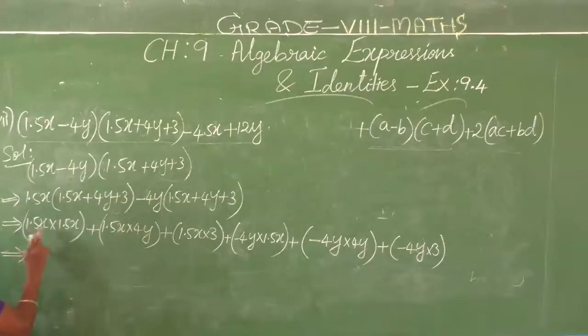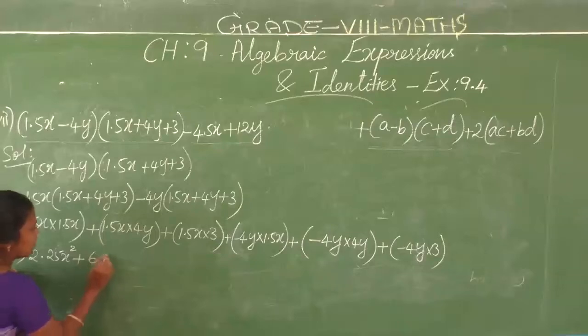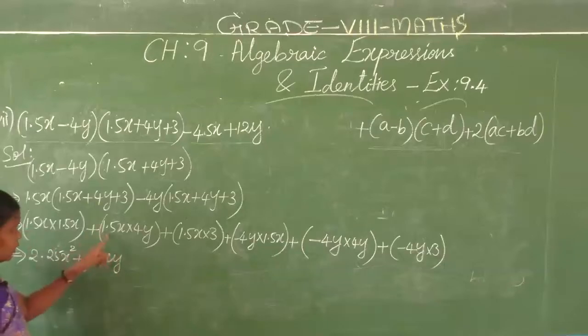Okay? So 1.5 into 1.5, 15 15s are 225. Here one decimal digit, there one decimal digit, so finally what comes? 2.25. We have to move the point two digits in the decimal part, this you all know well, we have learnt in decimals. So 1.5 into 1.5 is 2.25, x into x, x square. Likewise here, 15 fours are 60 with one decimal digit, so 6.0, nothing but 6xy. How to simplify the coefficient?